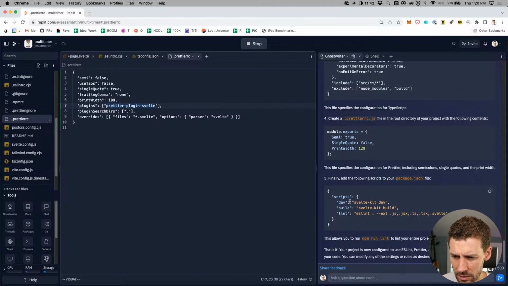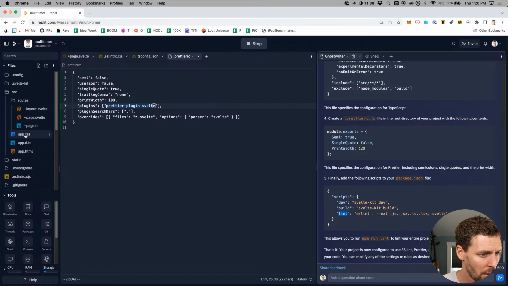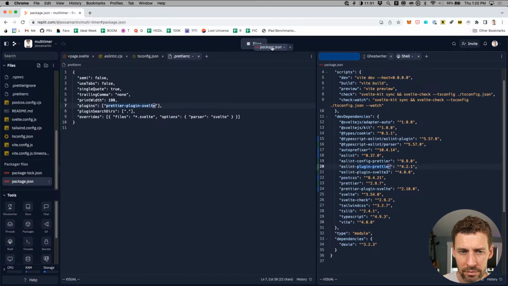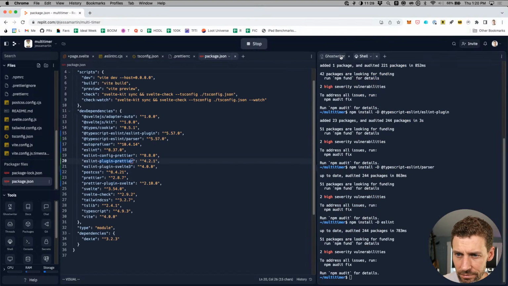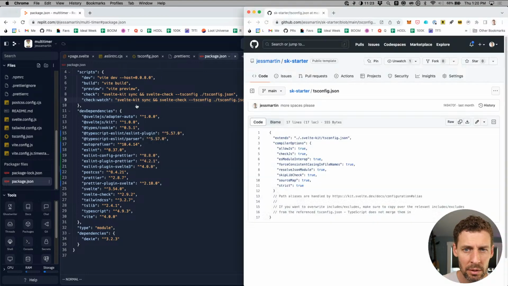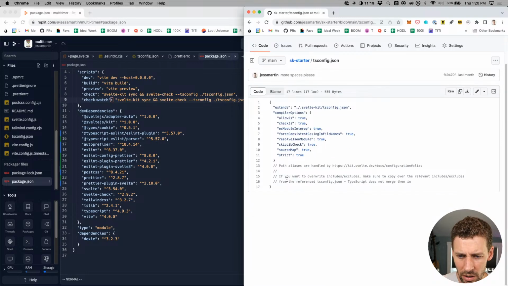And then finally in the package.json, that might be the place where we need it. The lint command. Let me go see what I have in my lint command here in my SK starter, and we'll compare that to what Ghostwriter is recommending.